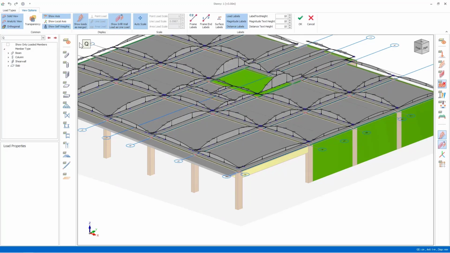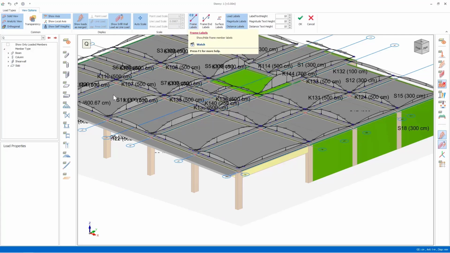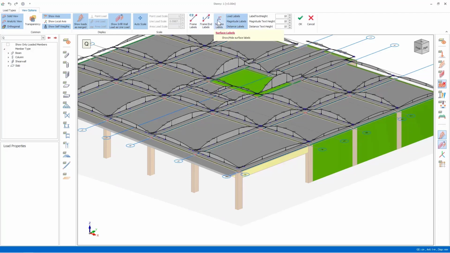If you do not want to see the self-weights of your element, you can close this section. With the Auto Scale command, the defined loads can be scaled up or down. Frame labels, such as S1, frame end labels, I and J ends, load labels, load magnitude labels, and distance labels can also be turned on or off from this section.